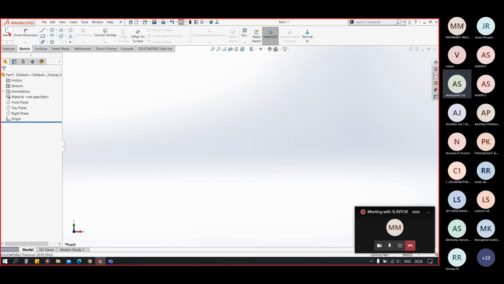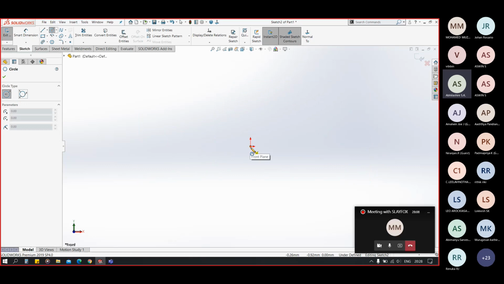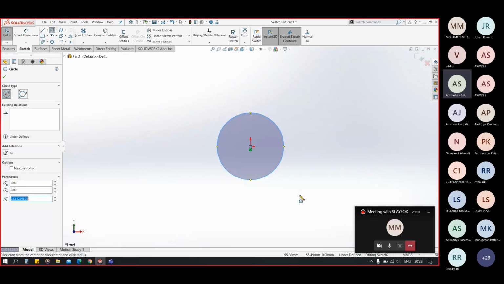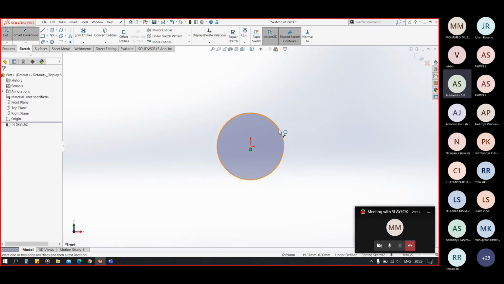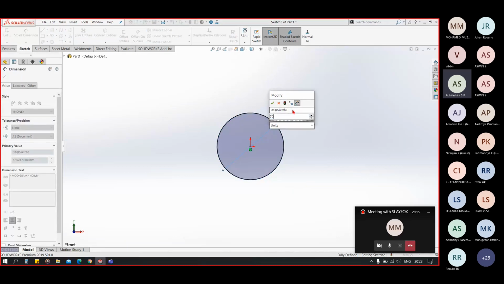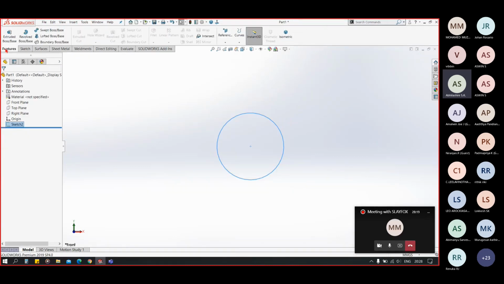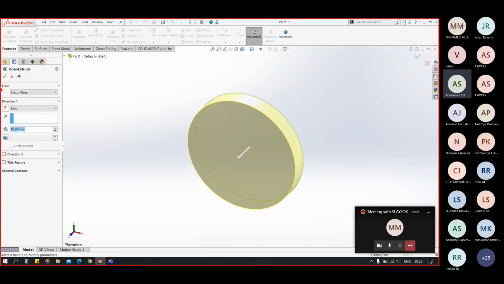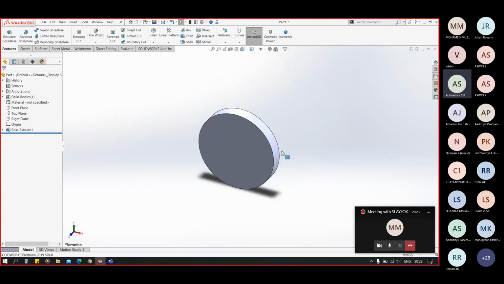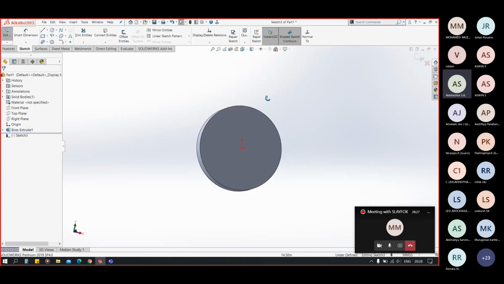Convert entities is a feature which can be used when we have a 3D body. Now you can see I have drawn a circle with a diameter of 70 mm, and I am extruding that up to 10 mm. Suppose I want another sketch of this circle which is dependent on the diameter of this earlier body.